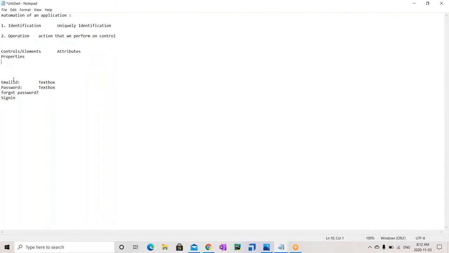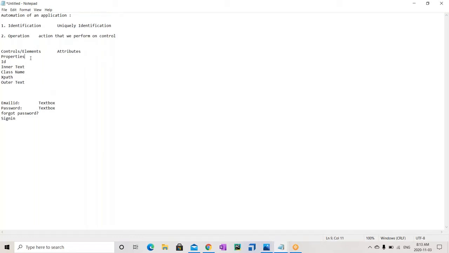These properties can be, first, the ID of that particular control, whether it has some ID or whatever it is, inner text, class name, what is XPath, and sometimes it would be outer text also. It depends. These are the different properties that we usually look for.